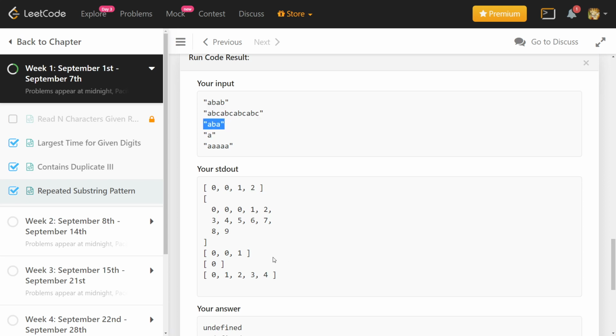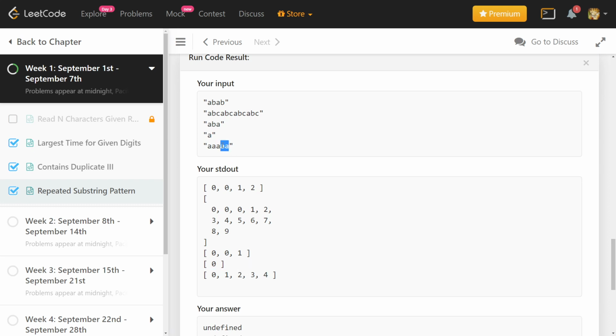Then if we look at ABA, the last value is 1. That means the suffix of length 1, A, is the longest suffix which is also a prefix. If you try to do it, you will figure out that it is the case. For a string of length 1, as I said, a proper suffix cannot be of the length of the string, so there is no possibility there, so it is 0.